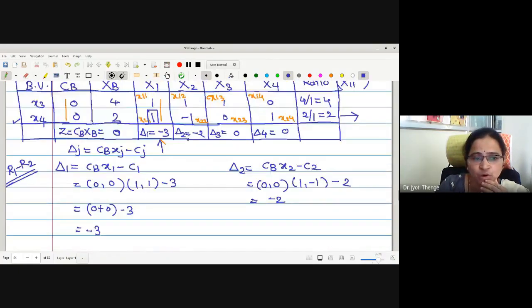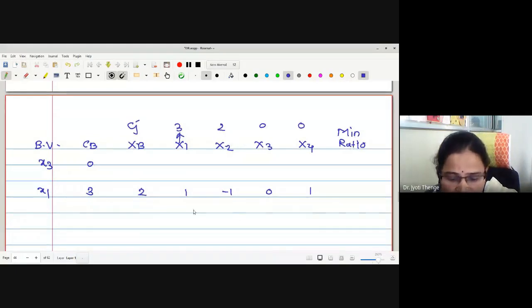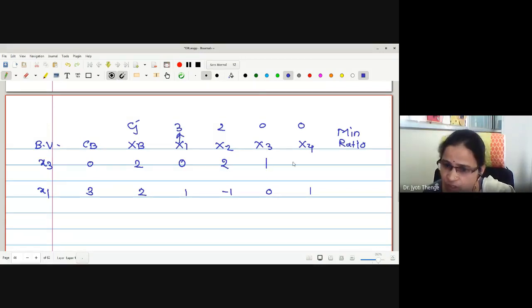Now we were doing the row operation R1 minus R2. What is the entry here? 4 minus 2, 2. 1 minus 1, 0. 1 minus of minus 1, 2. 1 minus 0, 1. 0 minus 1, minus 1. Okay. So please tell me the entries again. For XB, this is 4 minus 2, 2. Here it was 1 actually. For 1 minus 1, this is 0. Here also we have 1. 1 minus of minus 1 will be 2. Here it is 1 minus 0, 1. Is it understood?